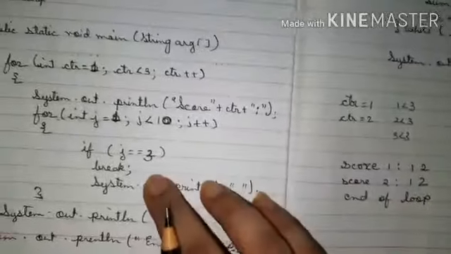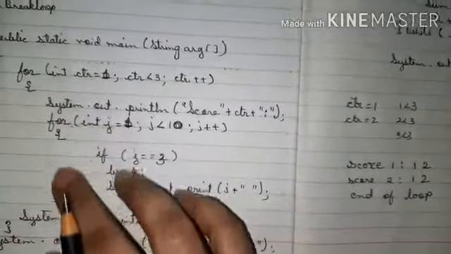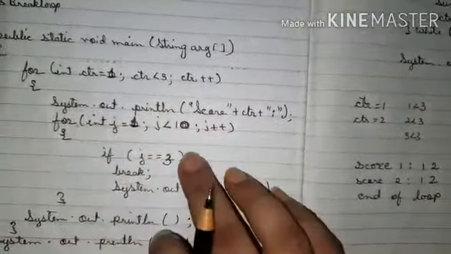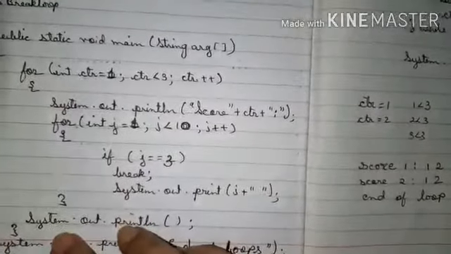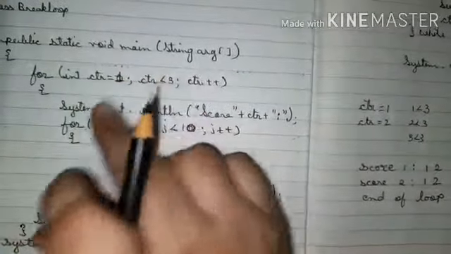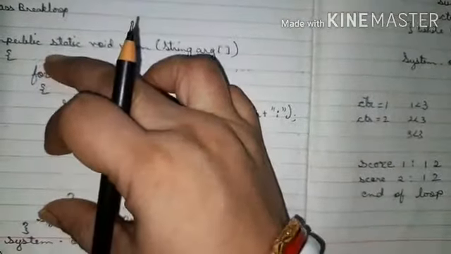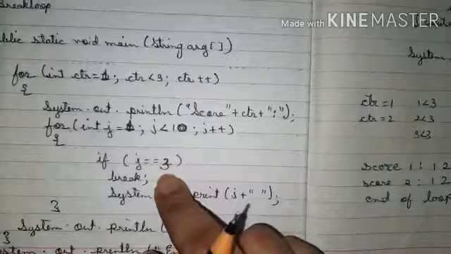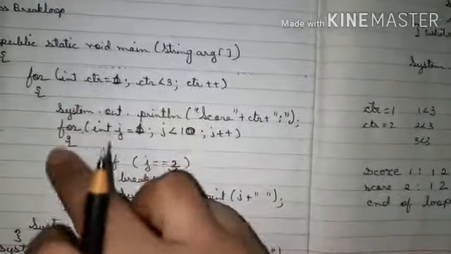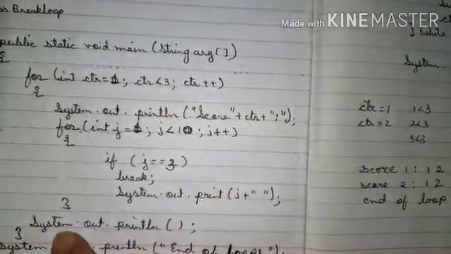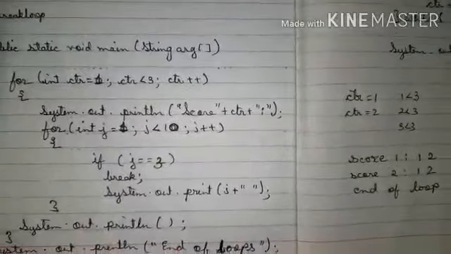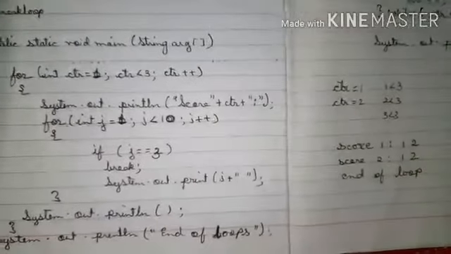So you can see that when we came out using the break statement, it was coming out of the inner loop. It was not affecting the outer loop. If the break statement had been in the outer loop, then it would have come out of the total loop. But since it is in the inner loop, it will come out of that particular loop. It is not going to affect the other loop of the statement in the program.